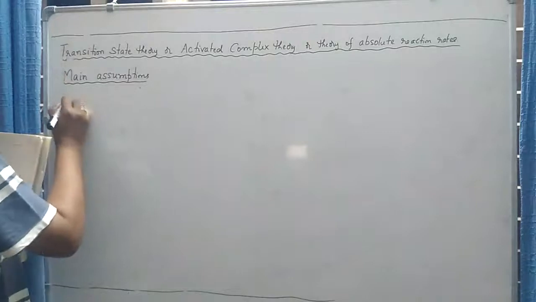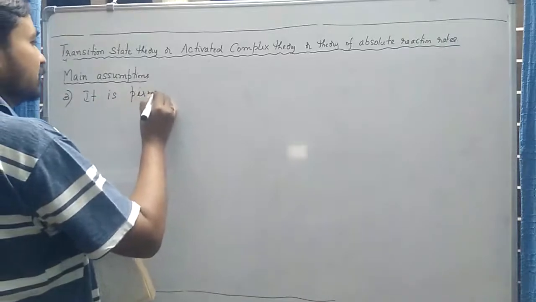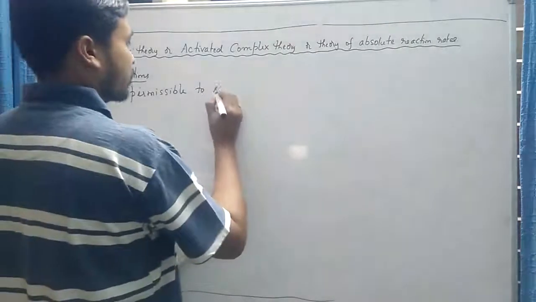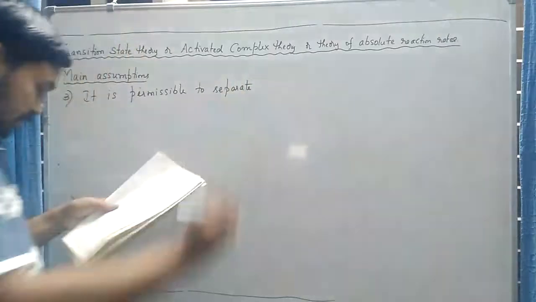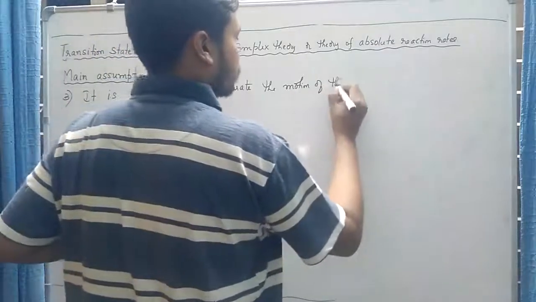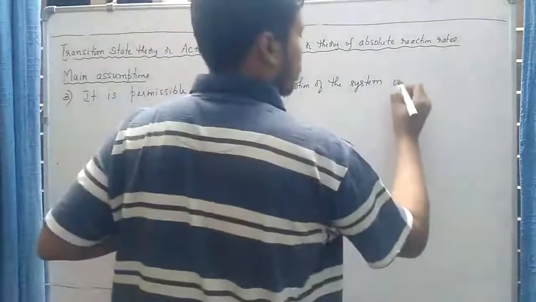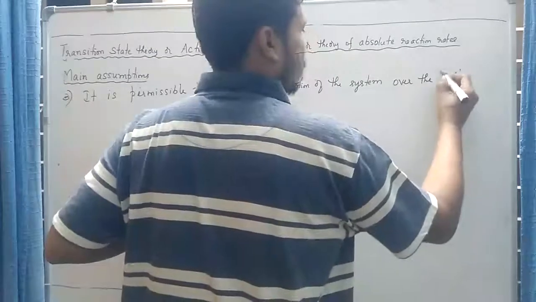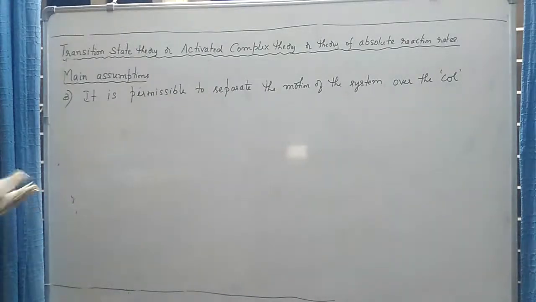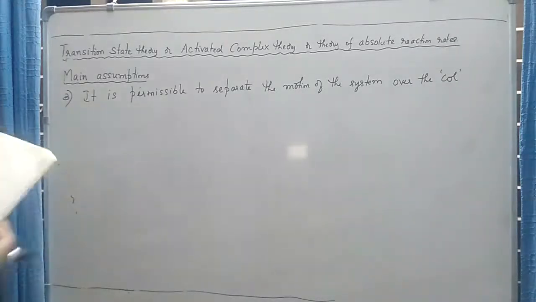The third assumption of this theory is it is permissible, it is allowed, to separate the motion of the system over the col, what is called, that I already told you, the barrier of the potential energy diagram. So it is permissible to separate the motion of the system, when I say system it is actually the activated complex, motion of the system over the col from other motions